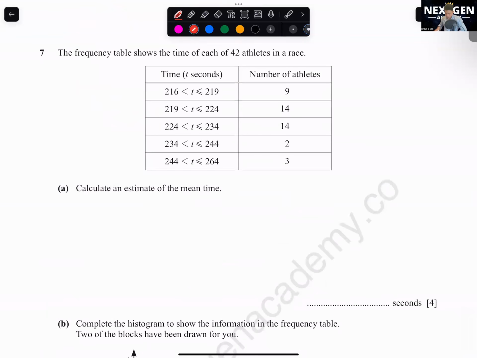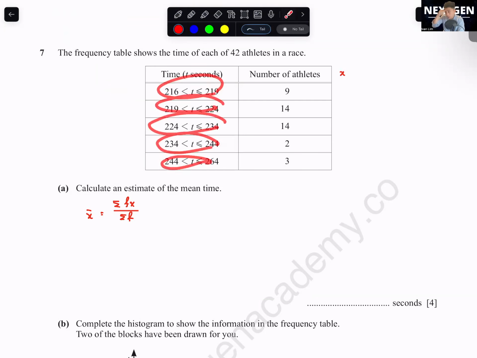Okay, question 7. Calculate an estimate of the mean time. How do we find the mean time? We first need to know the formula. If they give you a class like this, we take the sum of fx over the sum of f. What is x? X is your midterm. So you need to find the average of all of this. How do you get a midterm? You take both of it, add up, divide by 2. You get this